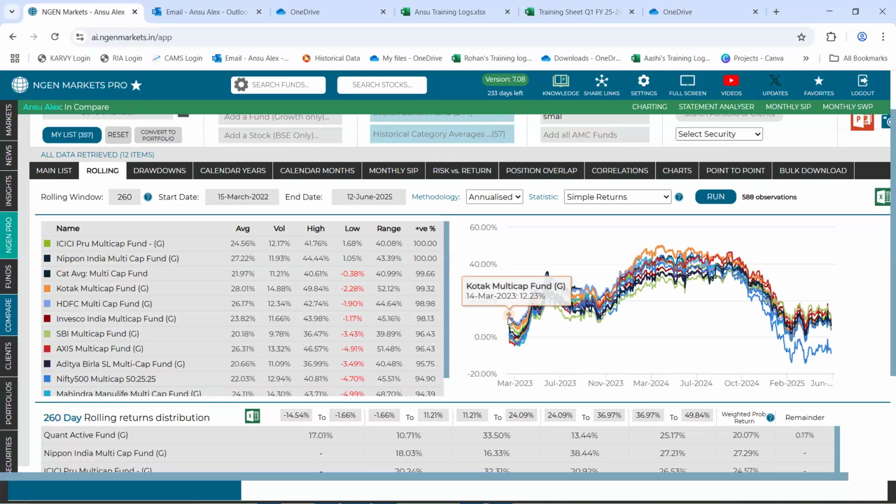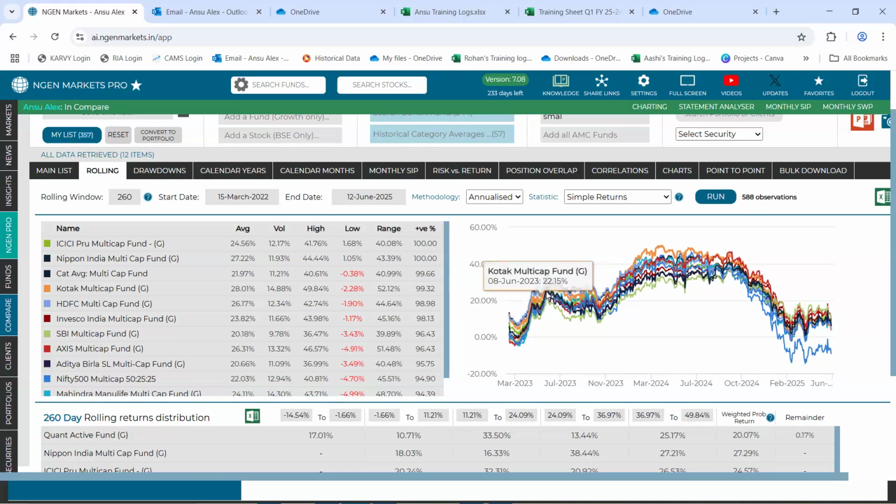Followed by that, how do you read the data that you view on this line graph? I'll quickly try to read the data right here. For example, for Kotak Multicap Fund, you could view a date of 14th March 2023, and it says a return of 12.23. So this says that if an investor would have held onto this fund, Kotak Multicap, for exactly 260 days prior to this date, which is 14th March 2023, and that date will anytime be a start date, which is 15th March 2022, if you would have held onto this fund from this start date to the 260th date from our start date, you would have had rolling returns from this fund to an extent of 12.23%.